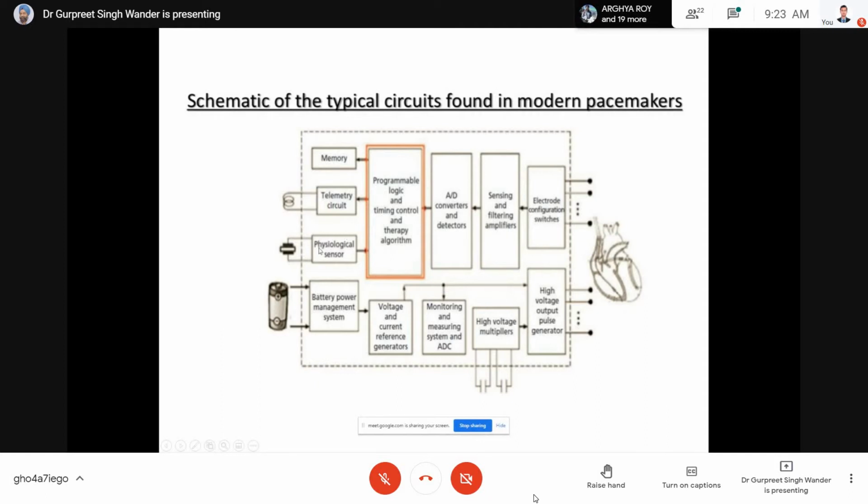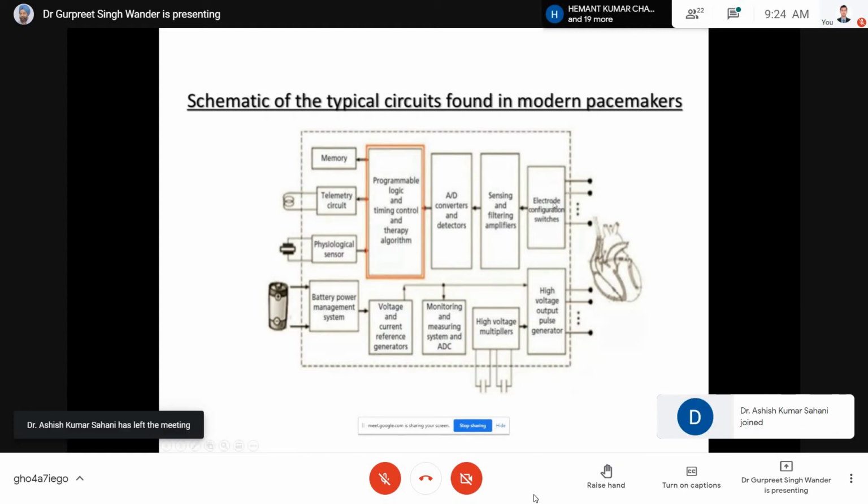The other part is, as I said, very intricate sensors, and there is a telemetry circuit because of which we can virtually program everything in a pacemaker. At what rate we want to pace, whether we want the right ventricle to pace first or the left ventricle to pace first, how much time interval we need to give. By interrogation of a pacemaker from outside, using the telemetry function, the patient comes to us normally after 3 to 4 months, and we can see what rhythm abnormalities the patient had during those months. So they virtually act as telemetries because they have these sensing functions.